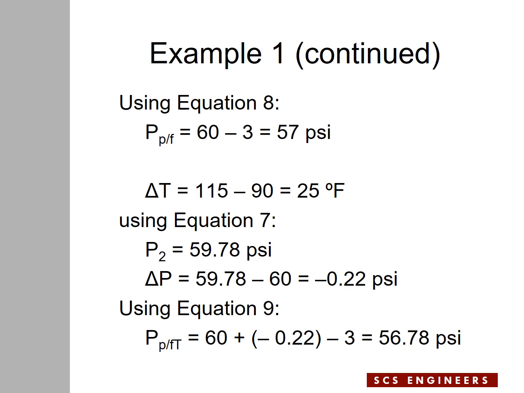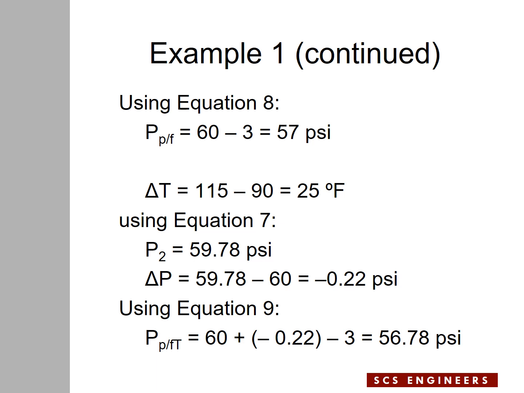We arrive at the final pressure of 59.78 psi. From there we calculate delta P, which is P2 minus P1, and then we arrive at negative 0.22 psi, which means delta P is a negative number. Substitute that in equation 9, and we come up with a pass-fail pressure considering temperature of